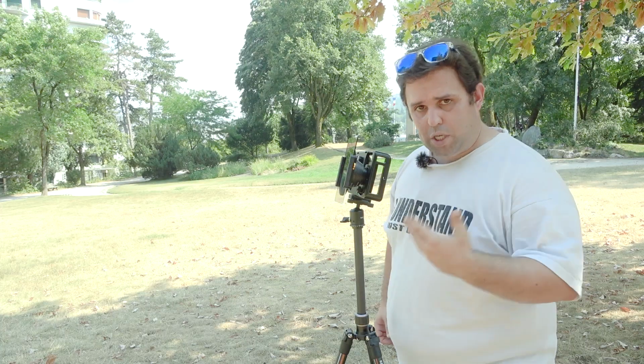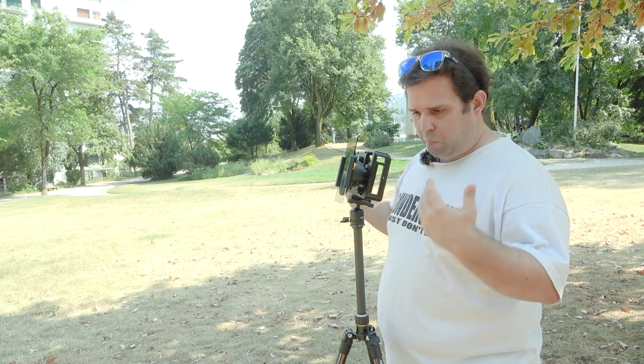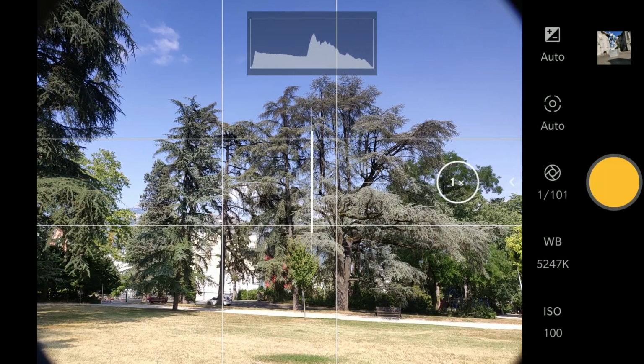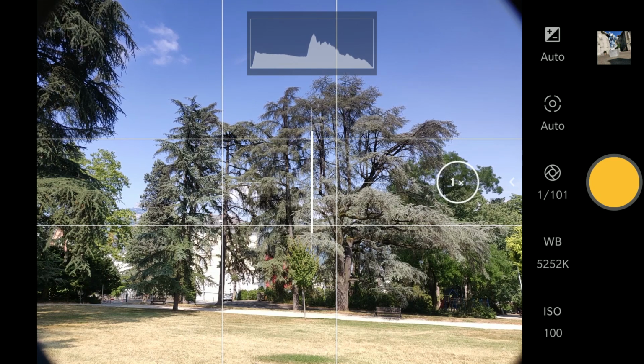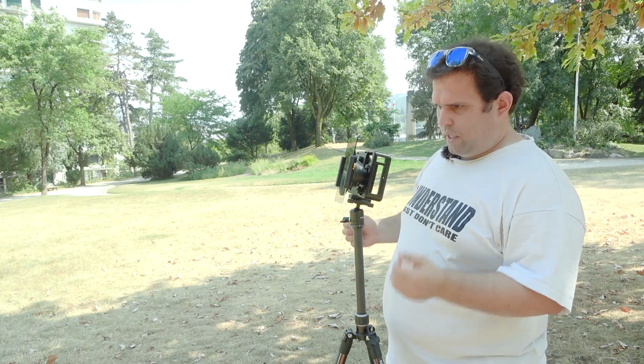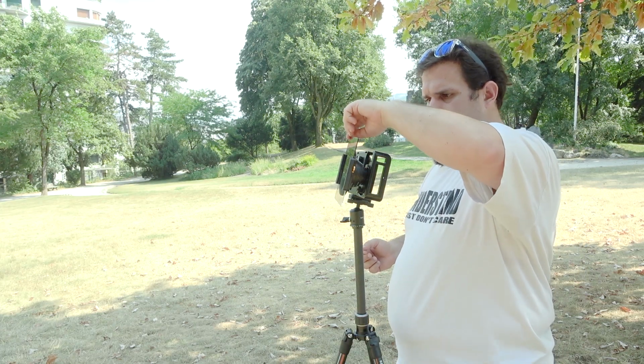If you are wondering which app I am using, it's the native camera app from the OnePlus. As you can see, actually, the fallout of blue on the sky directly with the filter. What is shocking me is the yellow grass on the ground. It's way too bright. So let's just rotate the filter